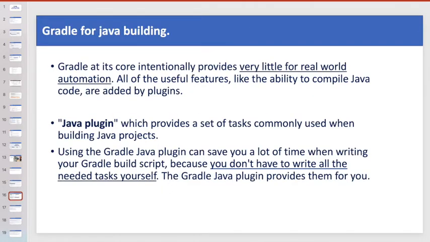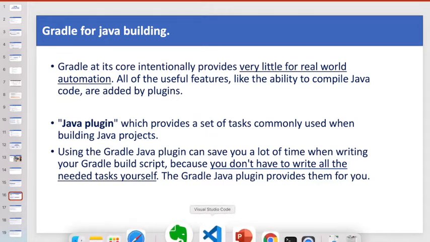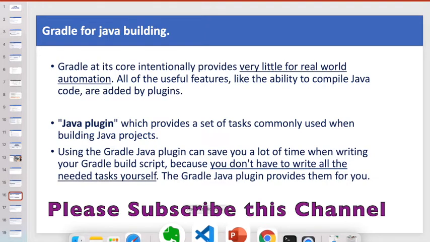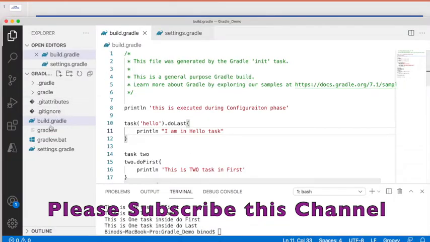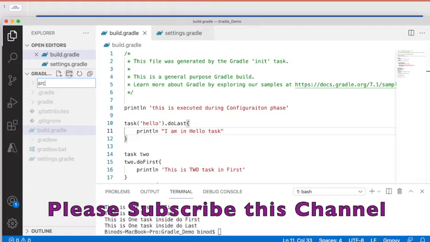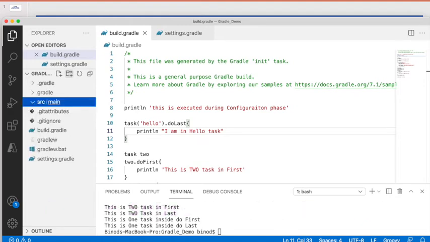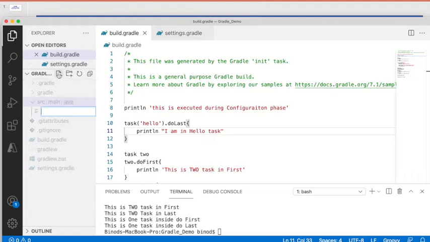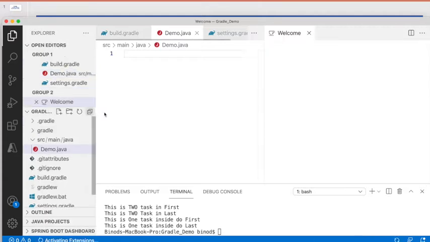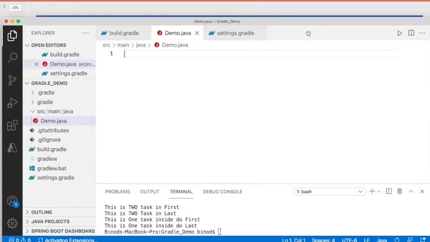First, write one Java code here. Create one folder, src. In the src put main, in the main put java. In the java folder write one class, Demo.java.